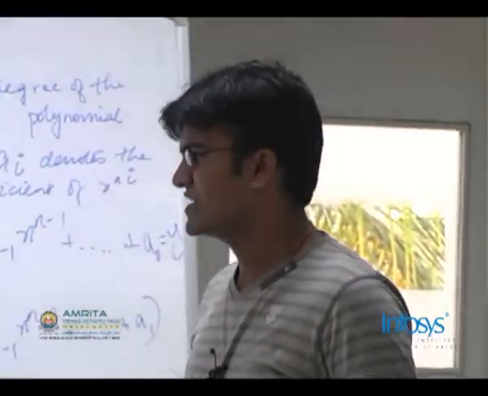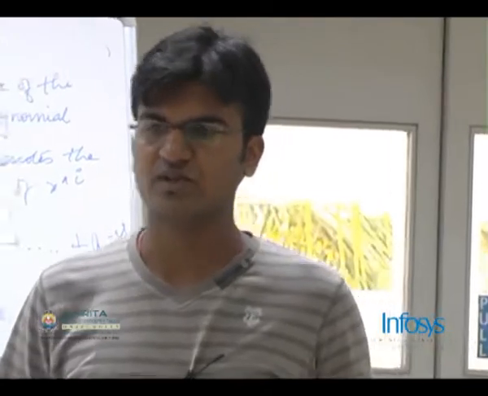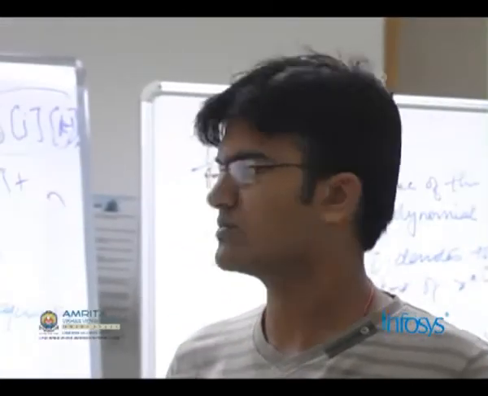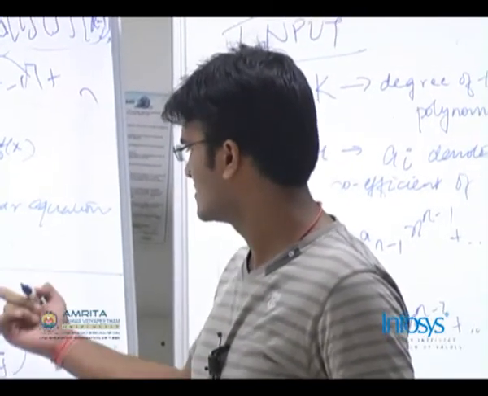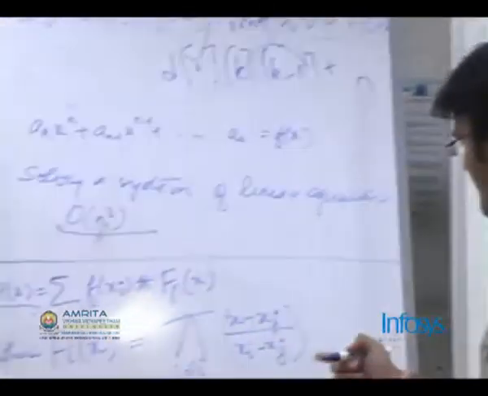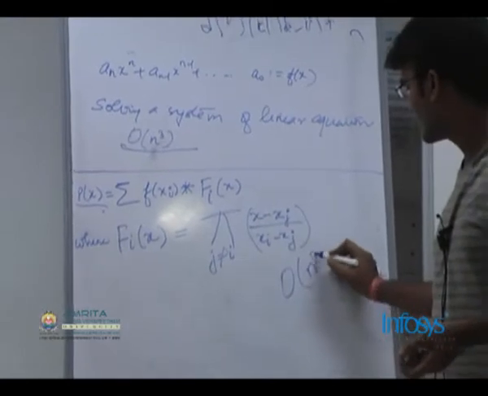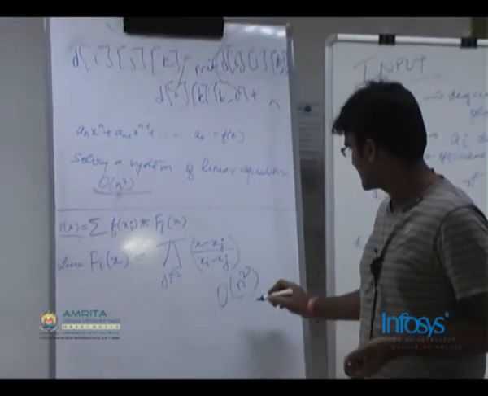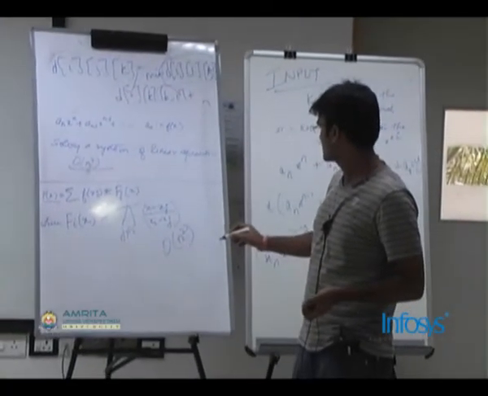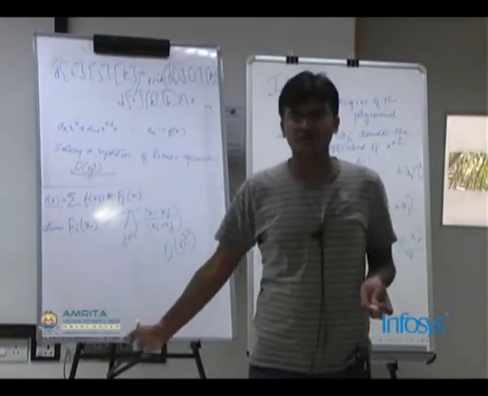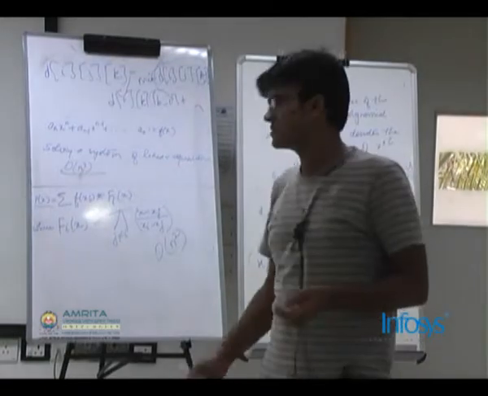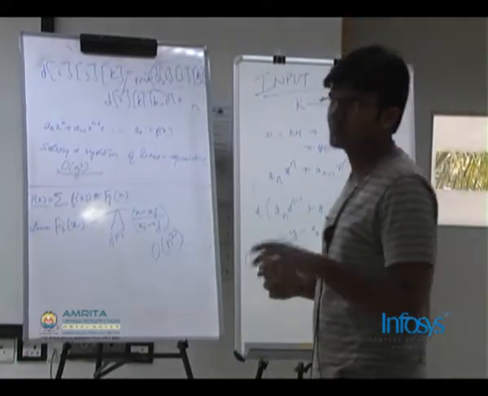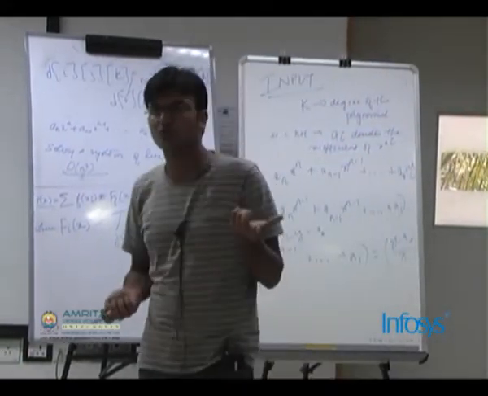But this is very useful when you are actually solving some programming competition problems. This is actually order of n or order of n square. Typically, this can be done in order of n square, and it is, I think, optimizable to order of n. But even if it's n square, it's better than the order n cube method that was suggested above. And it's very, very simple to implement. You will find that the length of the code is about 4 to 5 lines.